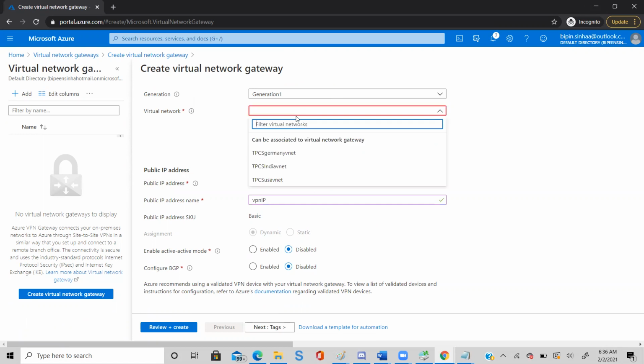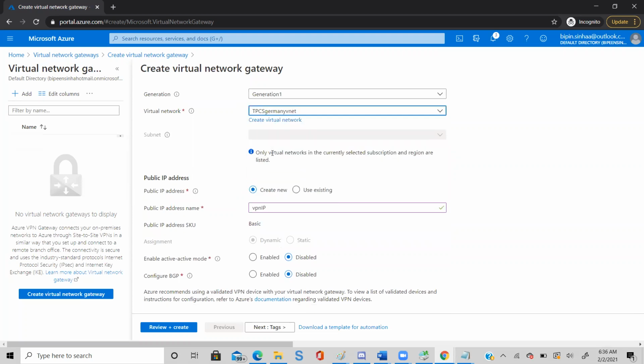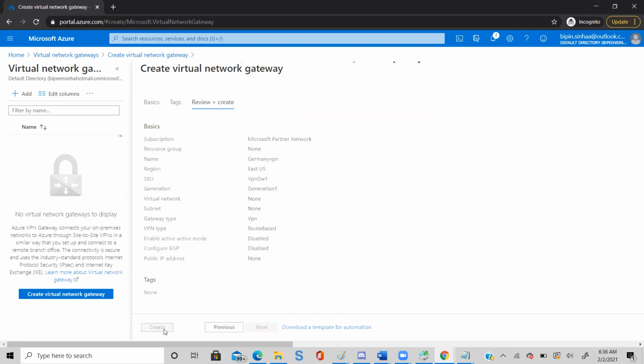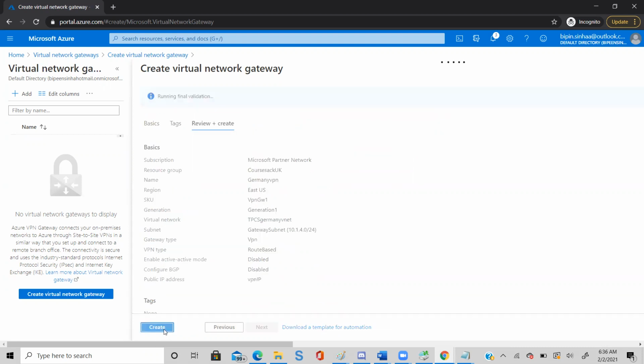Which virtual network are we going to connect? It's the Germany VNet, right? Because Germany is the only place where we have a virtual network. So now you see that it automatically takes the gateway subnet. Everything is done now. Just go ahead and say review and create. Say create.